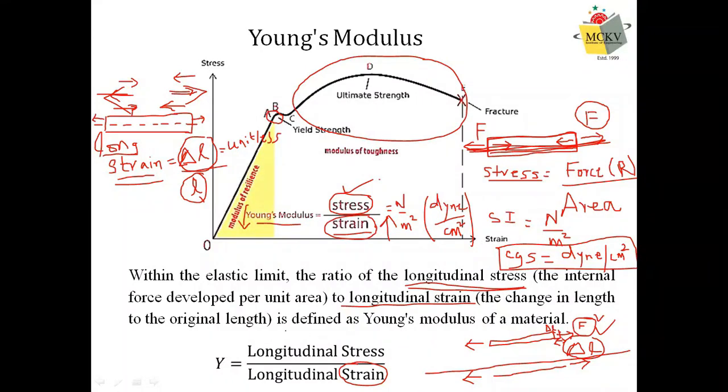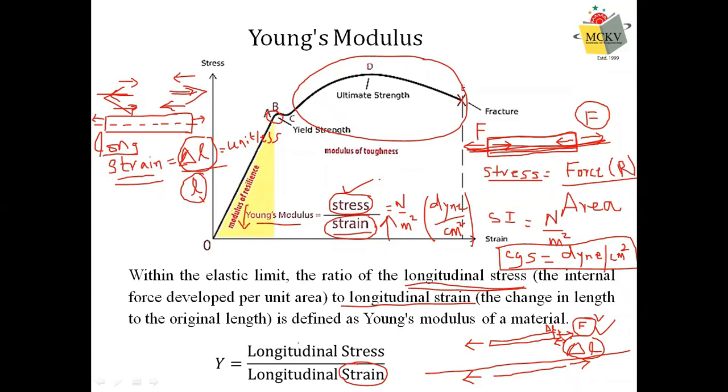So basically Young's modulus, what it tells you, if given a value of Young's modulus, it tells you the stiffness of the material, how stiff the material is, how resistive the material is towards longitudinal deformation. So if you try to longitudinally deform the body, that is, either you want to change the length of the body, either try to increase it or try to decrease it, how resistive that body is towards that deformation, how stiff that body is towards deformation.